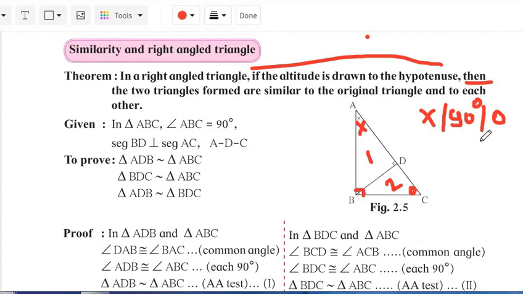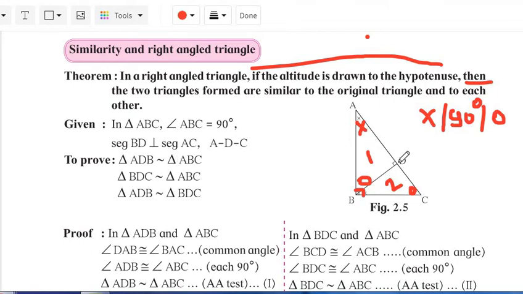Now same way, see this triangle ADB. Now A is cross, D is 90, then this angle B we consider as 0. Cross went, 90 went, so what is left? 0. Now here the sequence is cross 90 0, meaning A is cross, D is 90 and B is 0. That means triangle ADB similar to triangle ABC, cross 90 0.